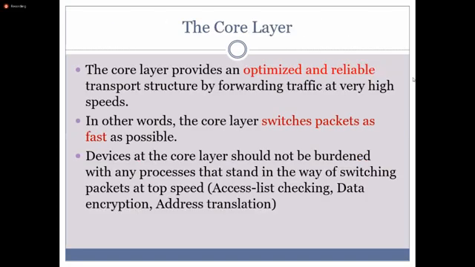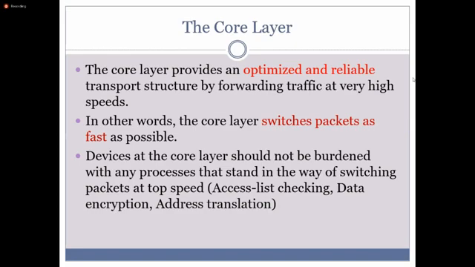So the core layer provides an optimized and reliable transport structure by forwarding traffic at very high speed. So the core layer considers the optimization and reliable transport of traffic to the next destination. In other words, the core layer switches packets as fast as possible.